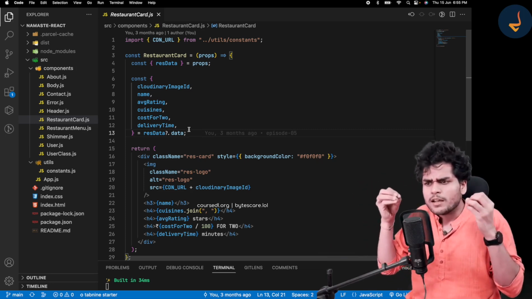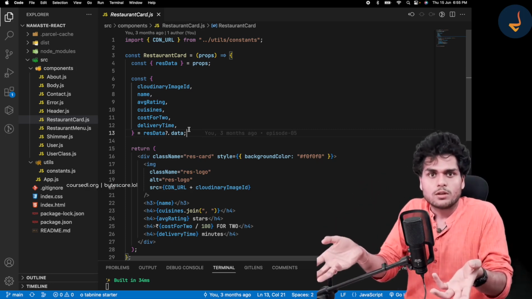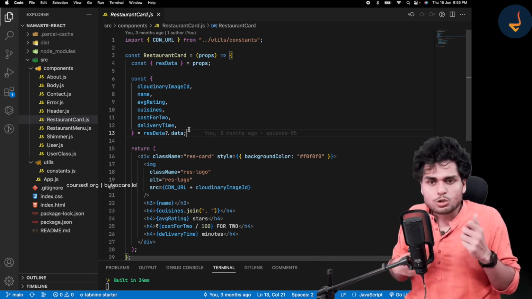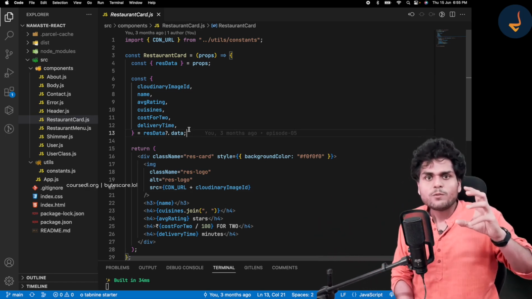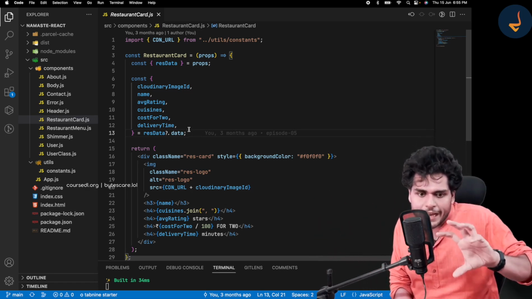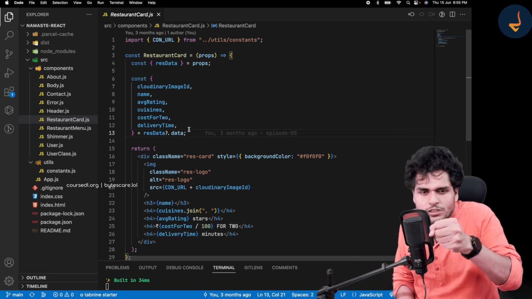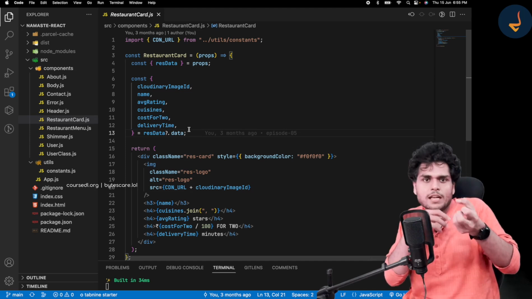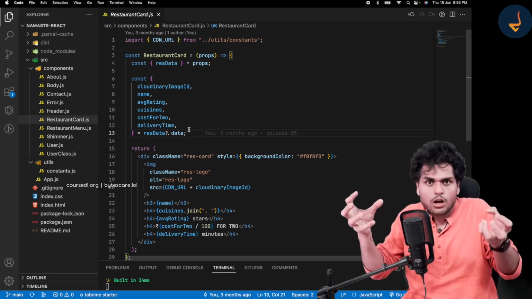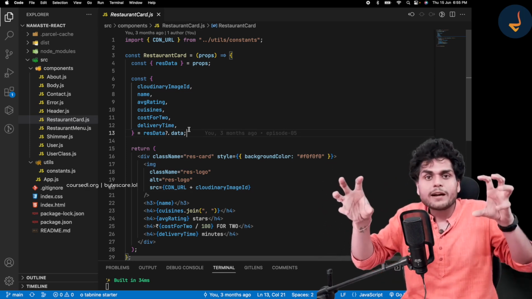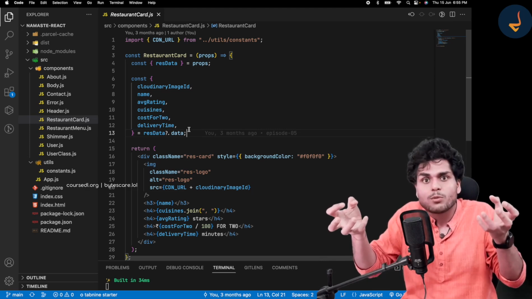Don't be afraid. Today we are going to create our own hook. So hooks are just utility functions. We will take out some responsibility from a component and extract it inside a hook so that our hook and our component become more modular and more readable.